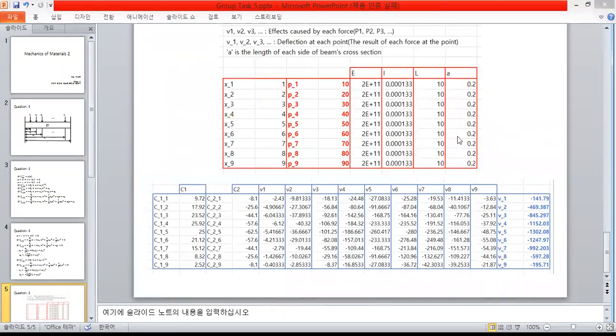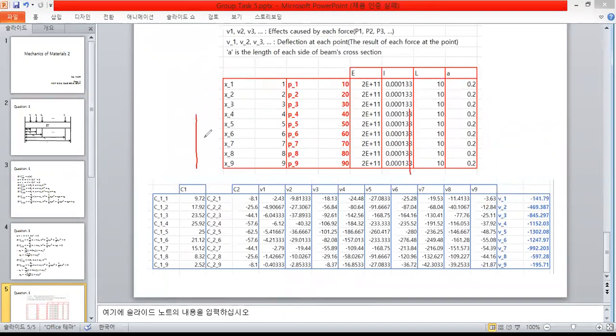And so we can get the total deflection by the total n forces, in this case 9 forces, to minus 141 and so on. So if we draw this beam,